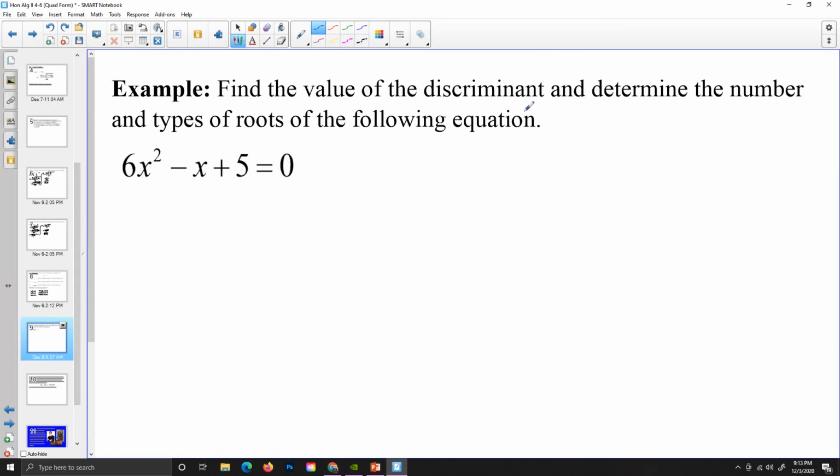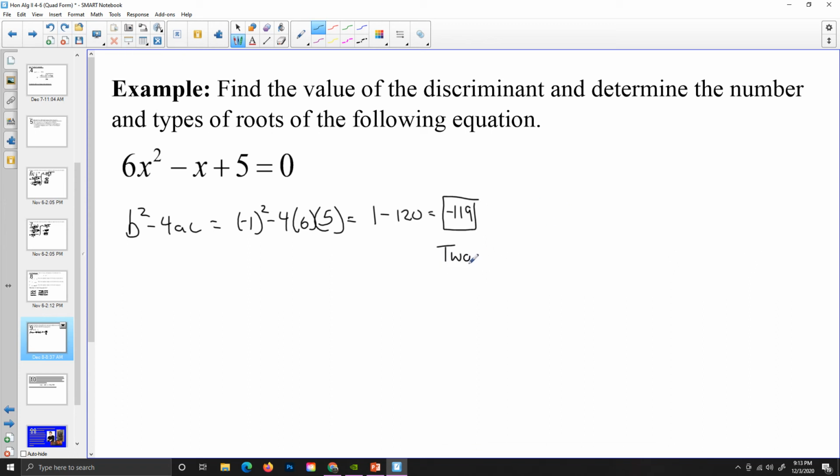Find the value of the discriminant and determine the number and types of roots. So again, I'm just going to use that b squared minus 4ac. In this case, that'll be negative 1 squared minus 4 times 6 times 5, which will give me 1 minus, let's do it easy, 6 times 5 is 30, and then 30 times 4 is 120. This will be negative 119. And since it's a negative, the value of the discriminant is negative 119, and that means that there are